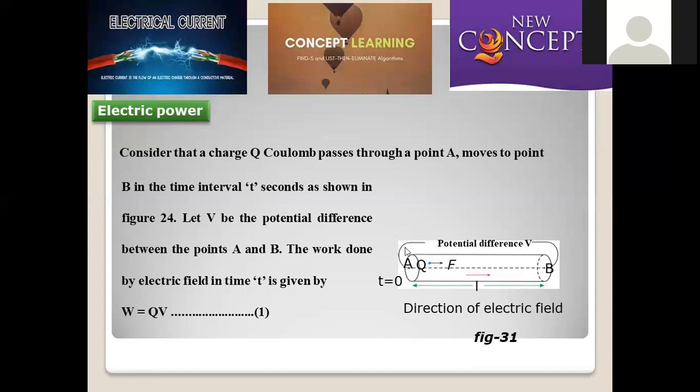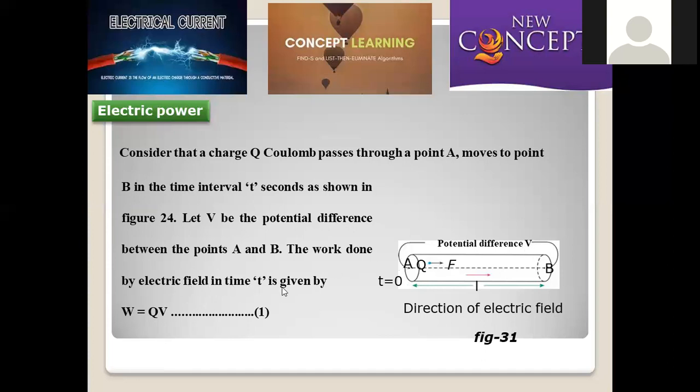So in this manner, we travel from point 1 to point 2, and a current which is transported with a charge of Q coulombs is taken here. Let V be the potential difference. Potential difference is always denoted with V because it is the voltage, the concept the scientist Volta introduced. That's why this is the voltage, and between the points A and B, this is the potential difference denoted by V.